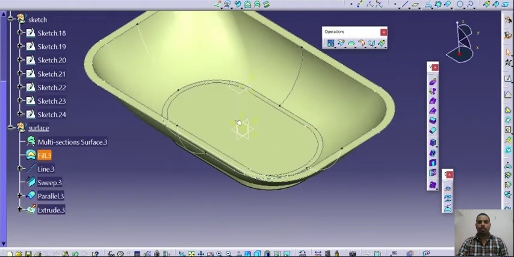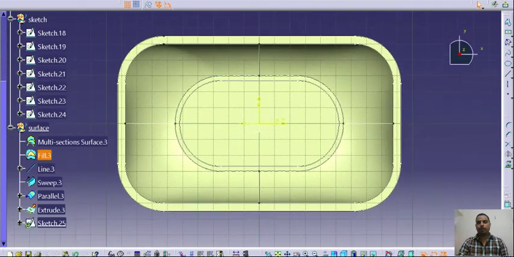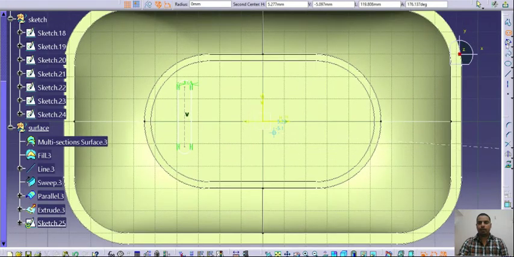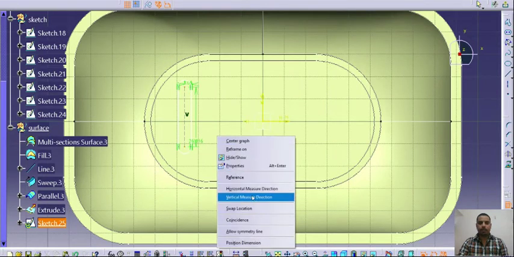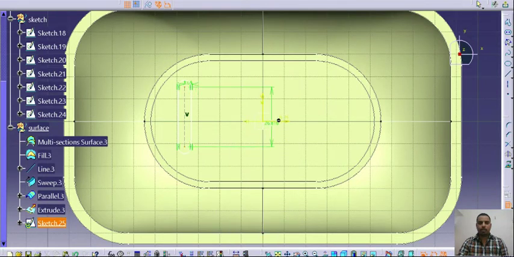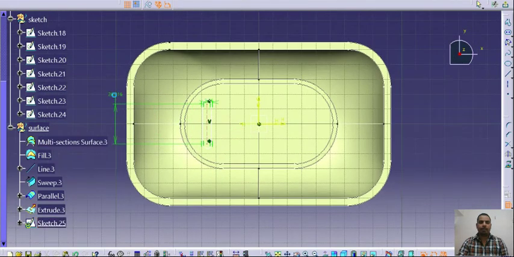We need to make a cutout at this location in order to provide a path for the water flow. So I will make use of an elongated hole, and I will use the symmetric command to make these 2 points symmetric about this line, and this as 35 mm.